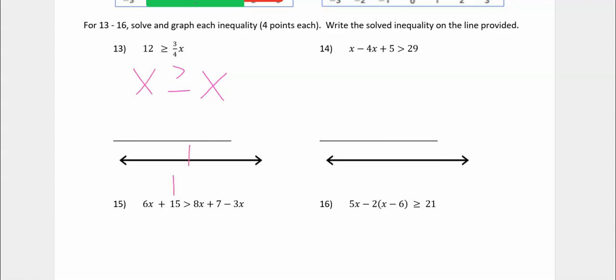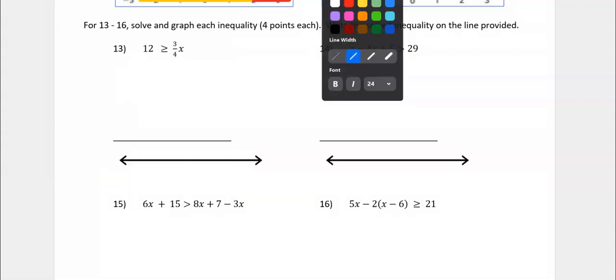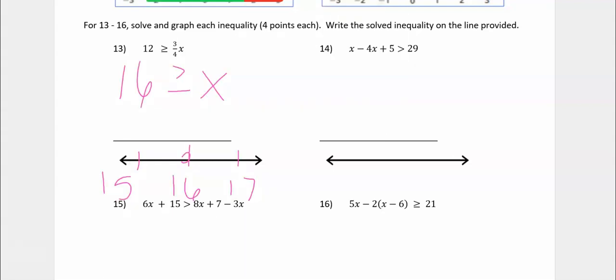You're going to put 16 in the middle there, 17, 15. It is a closed circle because you have the or equal to. And x is sitting on the right. When it's on the left, you can follow the sign the way it points, but this is the other way, so it's pointing right, so I'm going to shade left. I want numbers that are smaller than